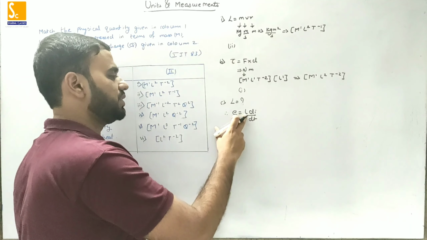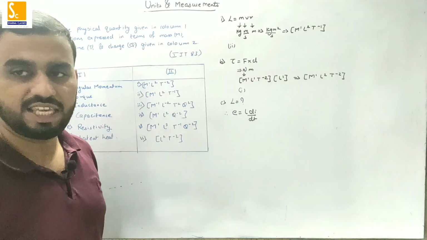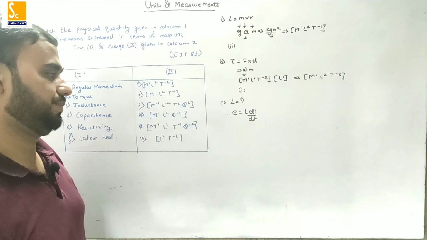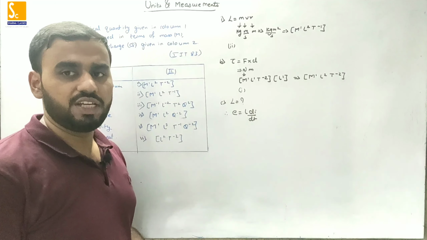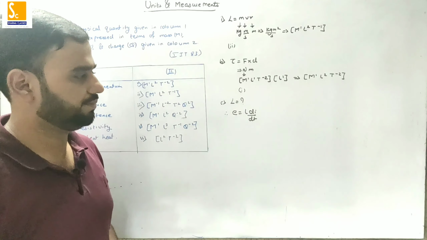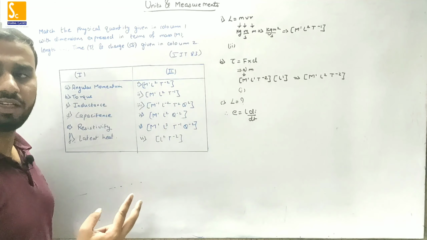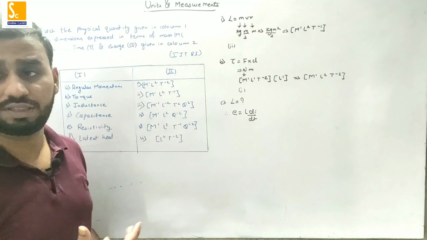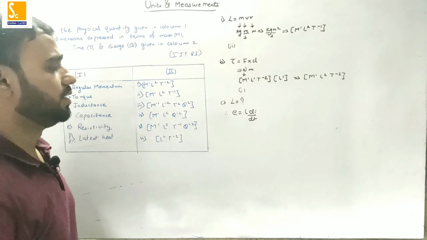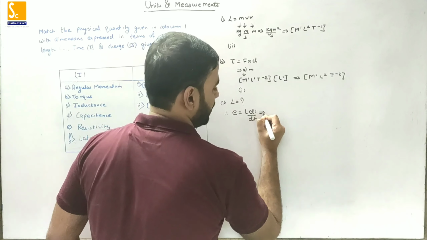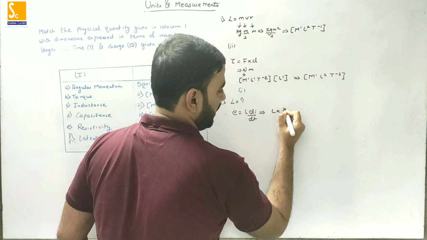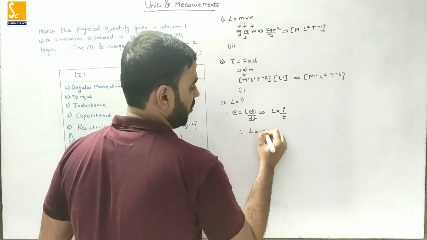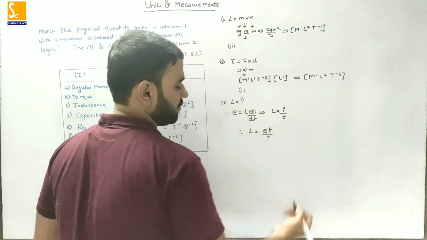We want to find out the dimensional formula for inductance, where E is the EMF, di is the change in current and dt is the change in time. We know that the change in current will give you the current only. If we subtract current from current, what answer will we get? We will get current only. We saw this in the theory class. Clear? So to avoid the confusion, instead of d, I will write I, and instead of dt I will write t. So the inductance formula becomes E t upon I.